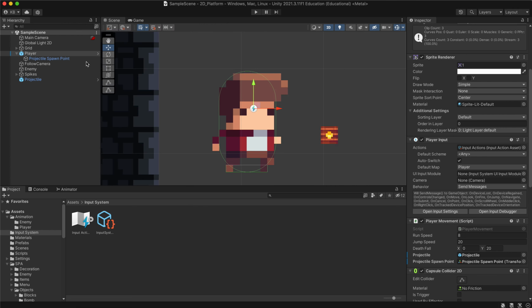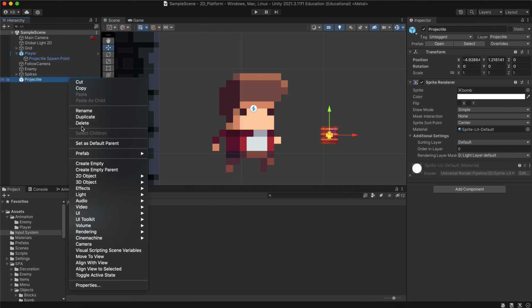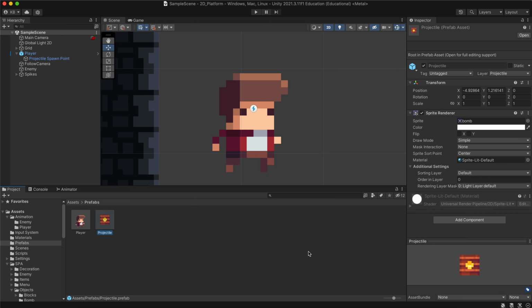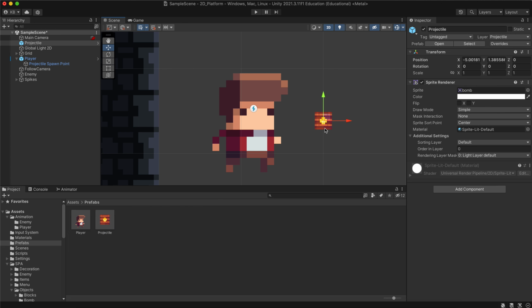So we need to get some movement on this. Let me just delete this out of this scene now, it's a prefab. And save the game. That's absolutely fantastic. So we need to get some movement within our prefab. So if we go to our prefabs folder, click onto this, we're going to add a couple of components, and actually I am going to put that back in my game, because then I can add some things to it. So first thing I'm going to do is add